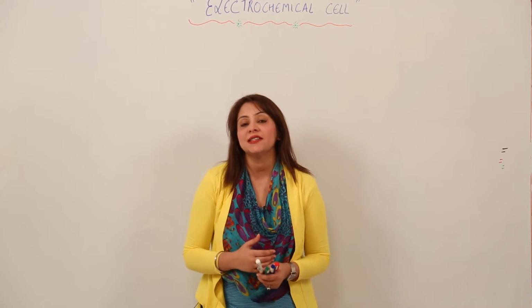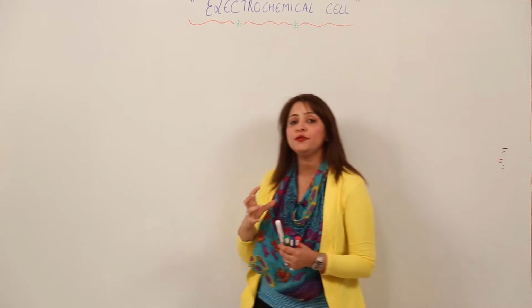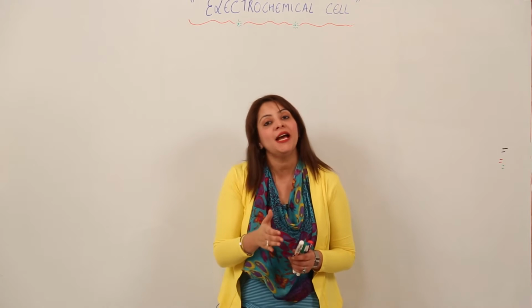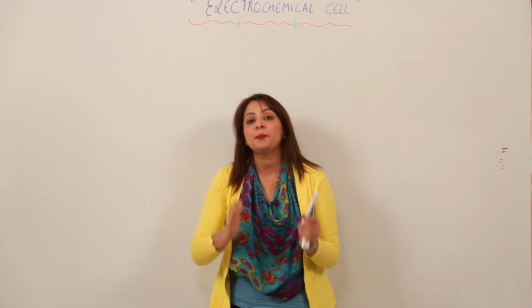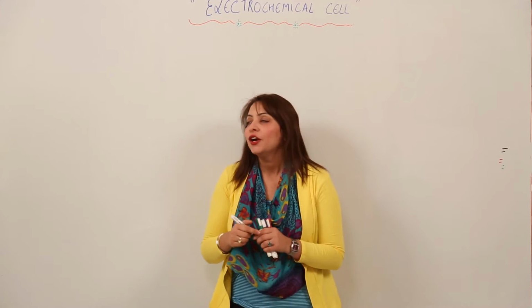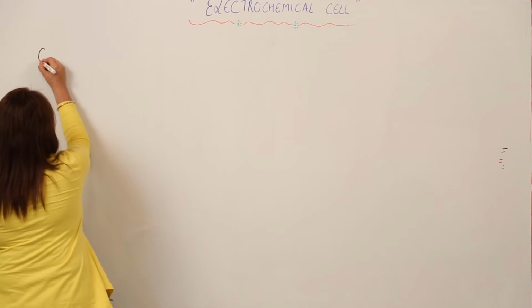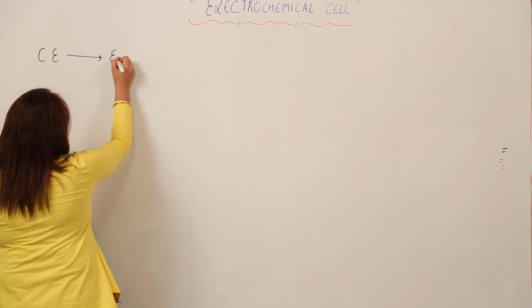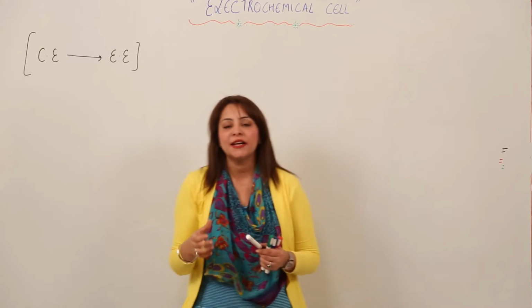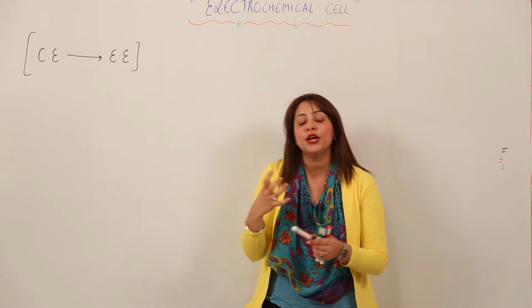We are going to start now with an electrochemical cell. First of all, you should know what an electrochemical cell is and what the principle behind it is. So first we'll be doing what an electrochemical cell is. It is a cell which converts chemical energy into electrical energy. That means in it chemical reactions will occur, and that chemical reaction will lead to the production of electric